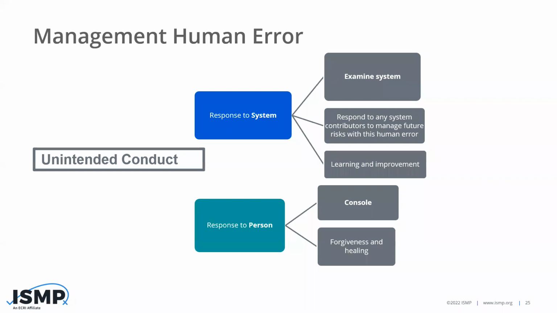Therefore, to manage that, at the bottom, how we respond to the person is we're going to console them. The person needs to be forgiven. There's no intent. Think about the case I talked about earlier. Did that person intend to not read the vial or see what was on the vial and see the warnings on the vial? That was a human error. That was not a choice. So punishing a person involved, regardless of outcome, doesn't get you anywhere in any way, shape, or form. It doesn't prevent the next error at all.